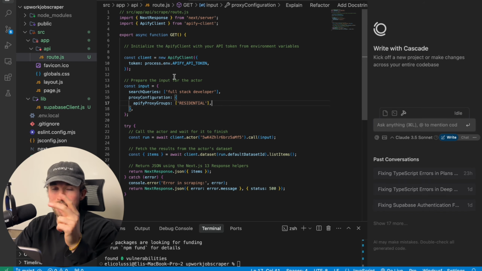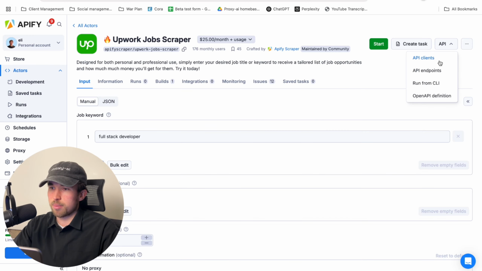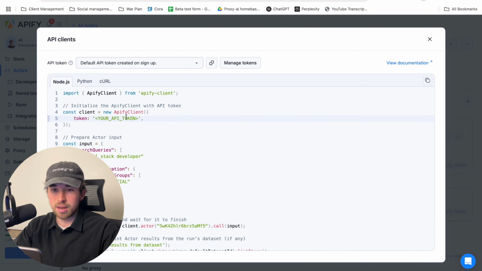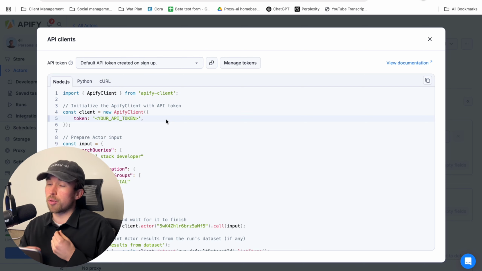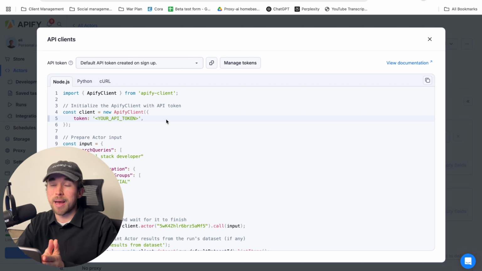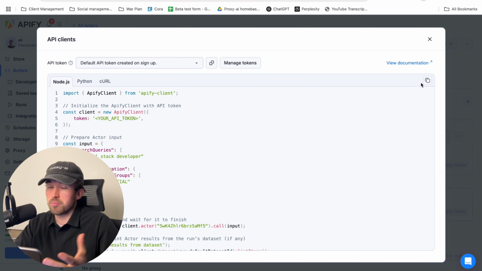So if we go back to the Apify code, Apify API clients, you can see in their version of the code we have client equals new Apify client, and then you paste your token directly into the query right here. Now this is bad practice, because somebody who's a little bit more knowledgeable about these systems could potentially reverse engineer this, get our token and then abuse it. So common sense, we don't want that, right?